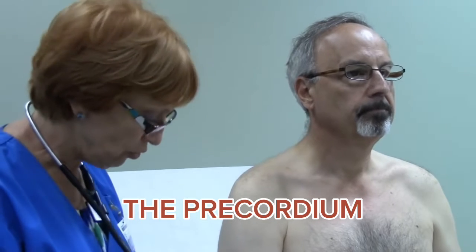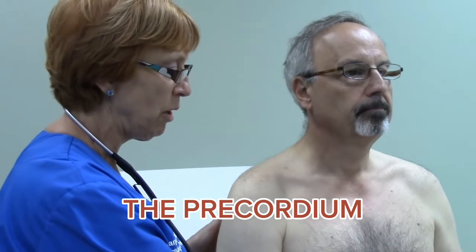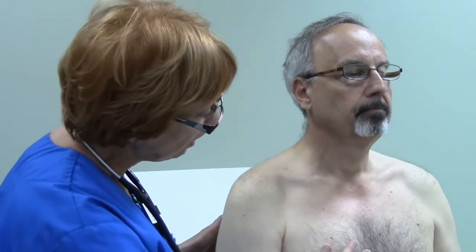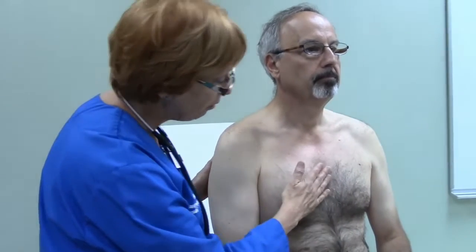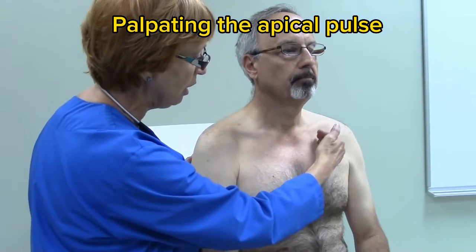I'm going to move down to the chest. I'm looking at the precordium. The precordium is the part of the chest that overlies the heart. And I'm looking to see if I see any pulsations or any movement there, which I only see normal respiratory movement. And then I'm going to palpate the point of maximal impulse, which is at the mid-clavicular line